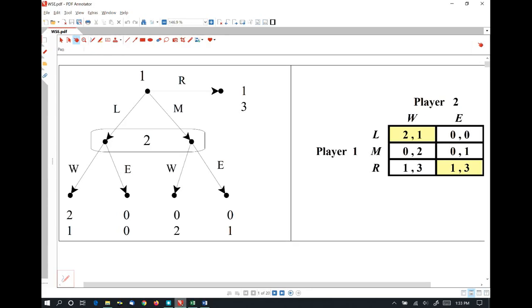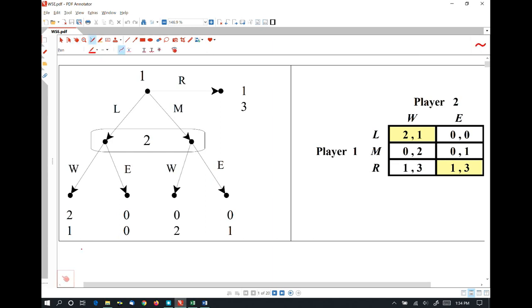Here we have a game where player 1 either terminates the game by playing R or gives the move to player 2 by playing either L or M, but player 2 is not informed about whether player 1 chose L or M, and is only told that player 1 chose L or M, and has to make her choice between W and E in this situation of imperfect information, and the payoffs are as they're written there. So we could try to solve this game using the notion of subgame perfect equilibrium, but